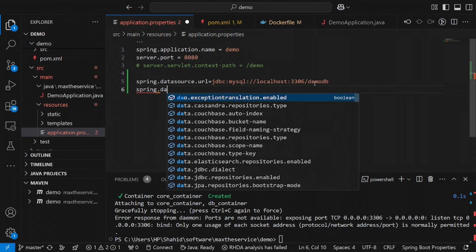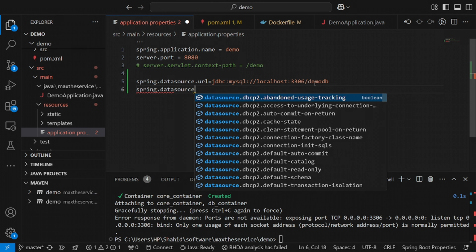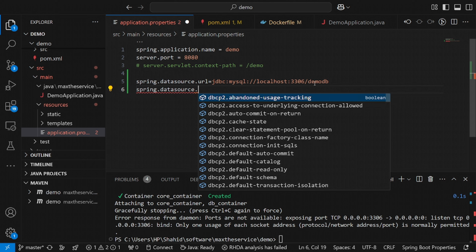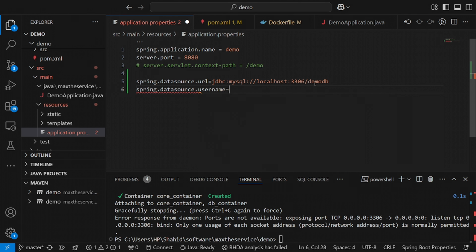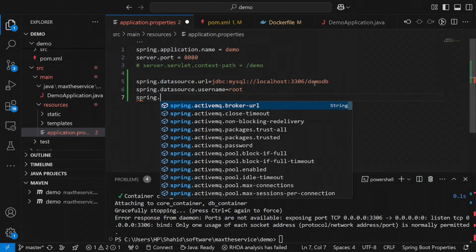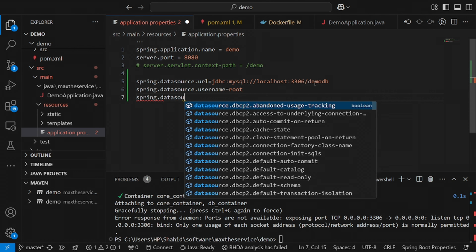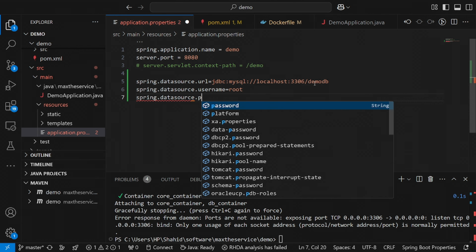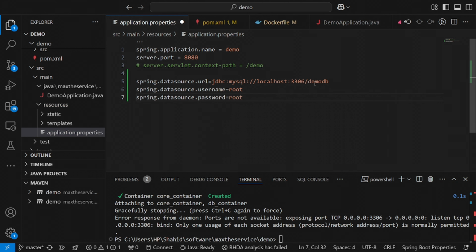Now after that, spring.datasource.username is root, then spring.datasource.password is also root. Then we must provide the Hibernate dialect because we are going to use reverse engineering. Whatever configuration we do in the application will be reflected in the database. For that, we need to provide